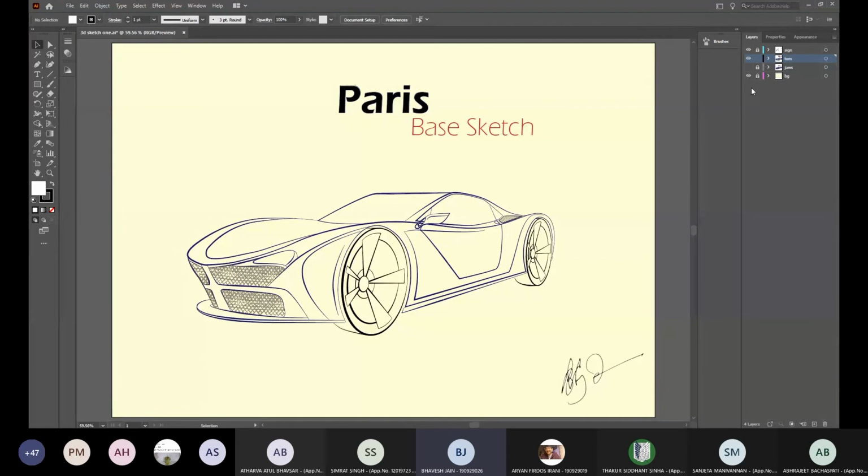So layers is basically used to categorize, to separate all the components of your artwork, because often there might be times when your artwork will have many components, and having them a little bit organized helps you when you want to go in and edit any one of those components, or 2 or 3 of those components which are together. So that's when the layering comes in.